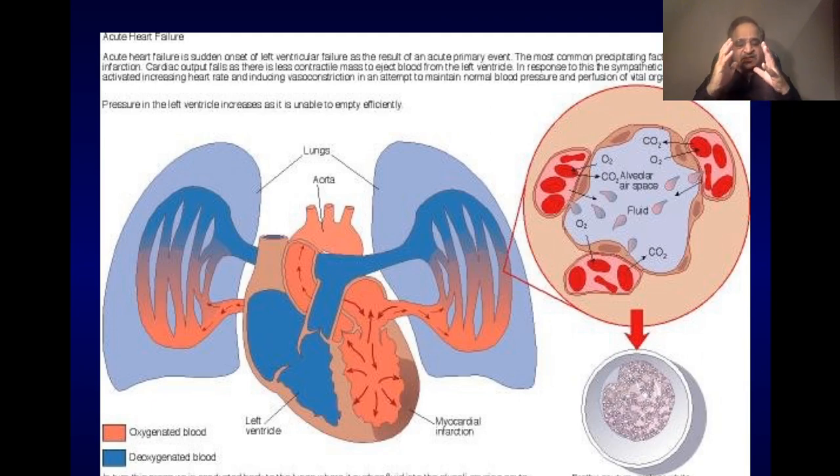And when there is an increased hydrostatic pressure in the pulmonary capillaries, there is exudation of fluid into the interstitial space and into the alveoli. And this leads to the symptoms of heart failure. The most important symptoms of left heart failure are, of course, dyspnea, orthopnea, and paroxysmal nocturnal dyspnea. These three symptoms are due to congestion of the lung due to exudation of fluid into the interstitial spaces and into the alveoli,